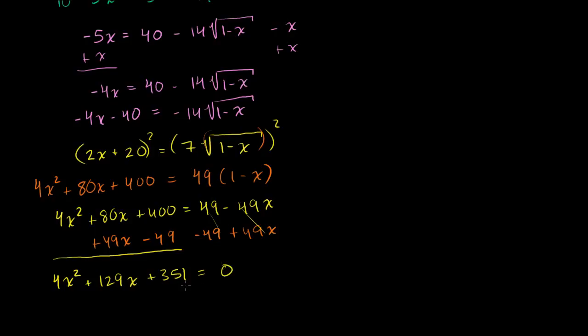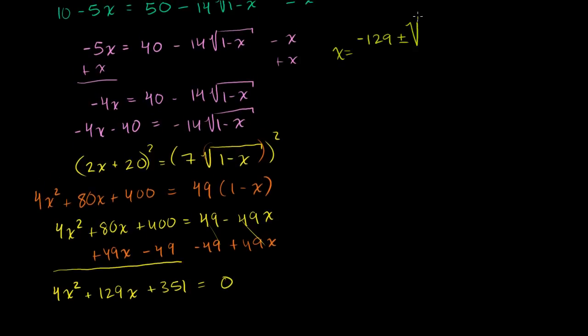is equal to 0. Now let me just make sure that I haven't made some crazy mistake, because these are strange looking numbers. 80 plus 49, yep, that's right, 129. 400 minus 49, that's 351. Now we have just a straight up quadratic equation. Let's use the quadratic formula since we have all these crazy numbers. So our solutions, x is equal to negative b, so it's negative 129 plus or minus